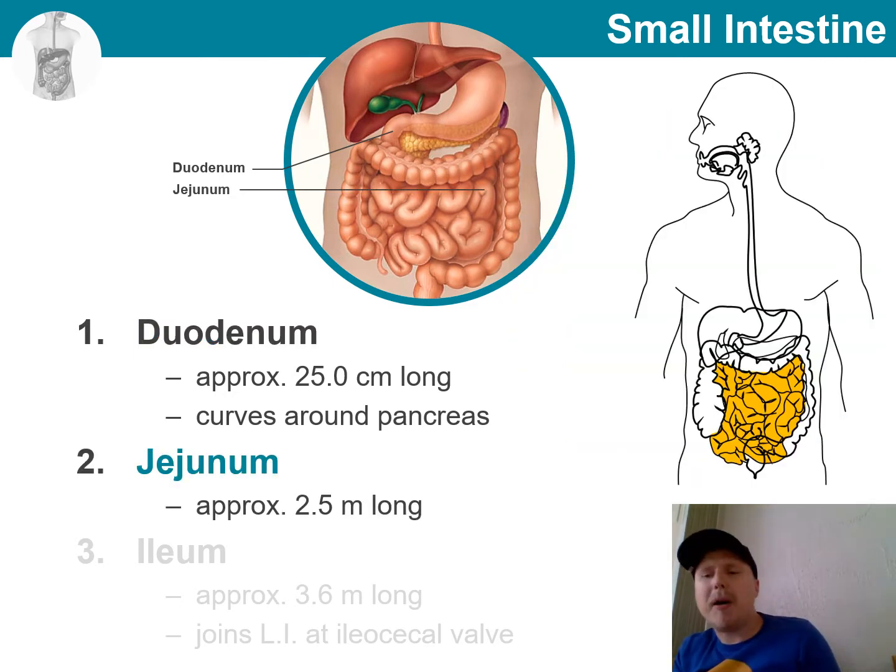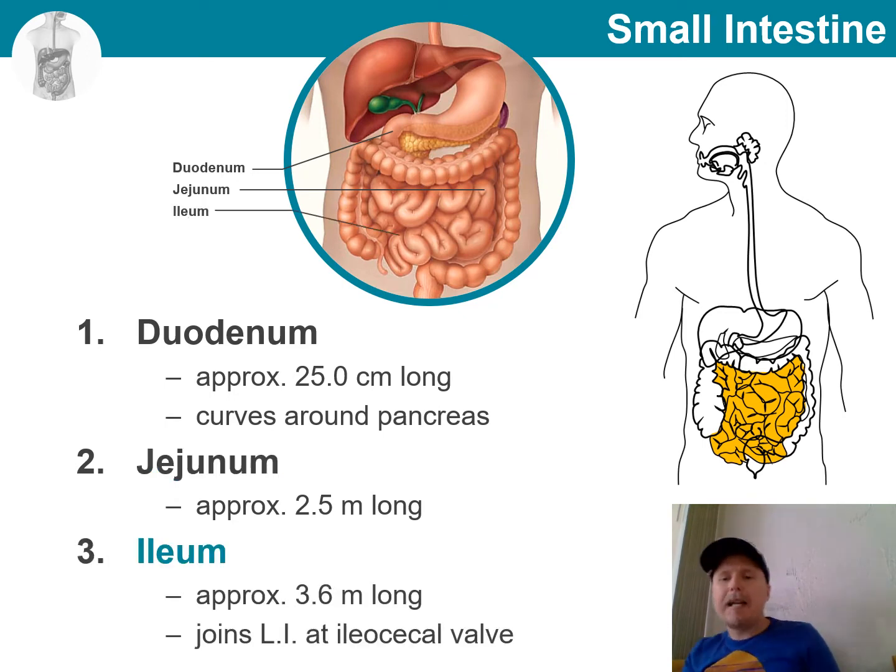Next, the second part of the small intestine is the jejunum. This is 2.5 meters long, so that would be about 8 feet, I think. It runs attached posteriorly by the mesentery. And the last part is, of course, the ileum. So I often get asked, how do you know where jejunum ends and ileum starts? And the truth is that there is no clear spot of transition. It is more of a conceptual change from one to another.